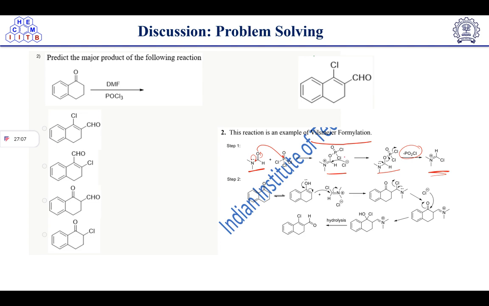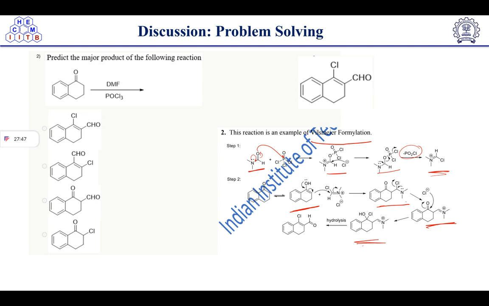After getting this one, step 2 is, from deprotonation, enol formation will take place in acidic condition, and after that enol formation, the enol will attack on this iminium ion and it will form the intermediate, which will look like this one. Now the nitrogen lone pair will push electrons here and elimination of Cl minus will take place to give this intermediate. After this one, Cl minus is in the medium, so it will attack on the carbonyl center, act as a nucleophile and it will open up.